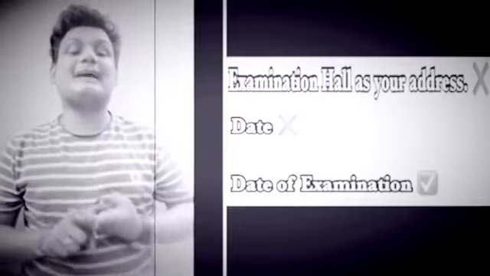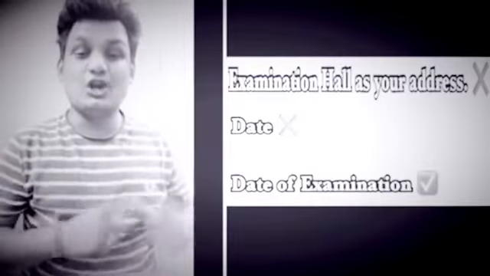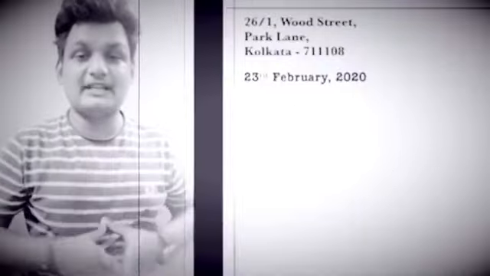Correct? Next, the date of your examination is the date that you write in your letter. Suppose here I have taken it as 23rd February, 2020. Generally, your exams fall in the month of February. So I have taken an example so that you can understand it in a better manner. Now, 23rd, the way that I have written it, 23rd February, we generally check the spelling of February, and trust me, many of you commit the same spelling error while writing in your examination. So please check out the spelling of February and then write it down.